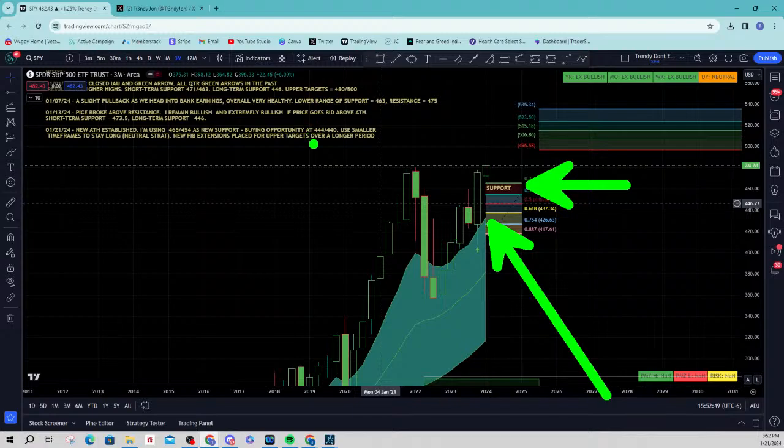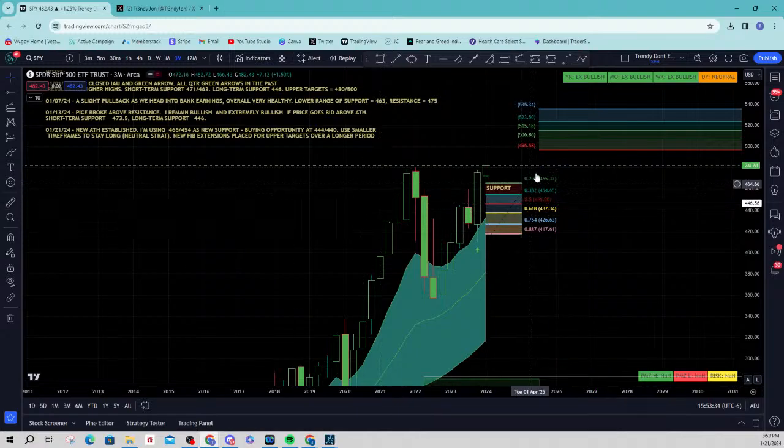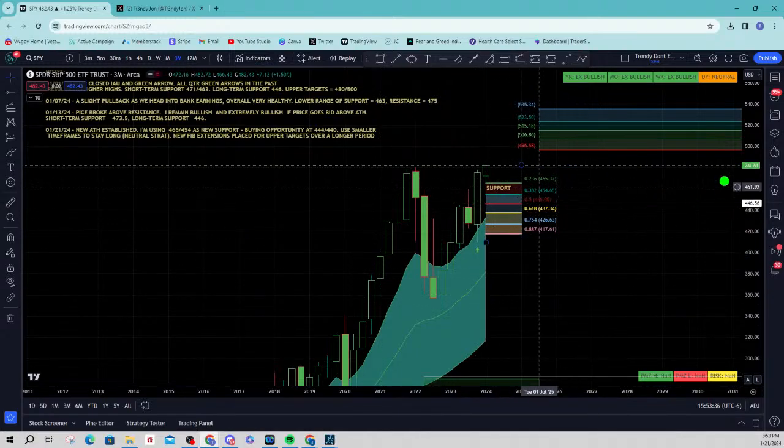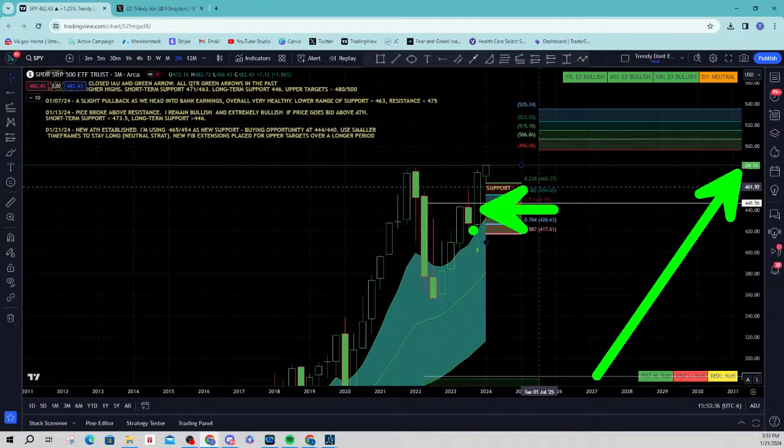All right. But this is what I'm seeing on the quarterly. First, it's really important to understand that everything I'm telling you on this chart, we still have 2 months and 7 days before this candle even closes. So I could be super bullish today, tell you we're headed to 496.58 here on the Fibonacci extension, and I'm just pumped up, and then 2 weeks from now, we're all the way back down here at this demand zone, which happens to be right around here. And we'll talk about that in a second. And then you go back and you go, well, I remember John talking about this, but listen to you. I'm always going to give you that if this, then that.